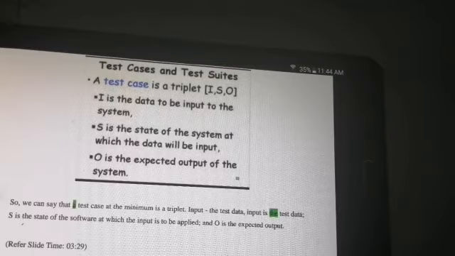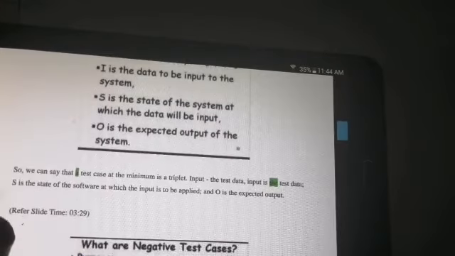Now there is a difference between test case and test suite. A test case is a particular input by which we are testing the system. A test suite is all the collective inputs that can be used to test the software.